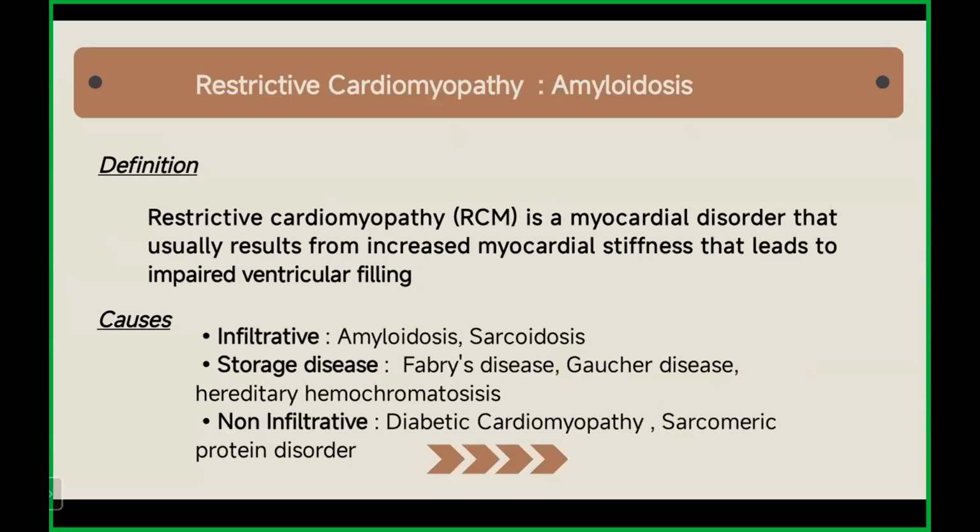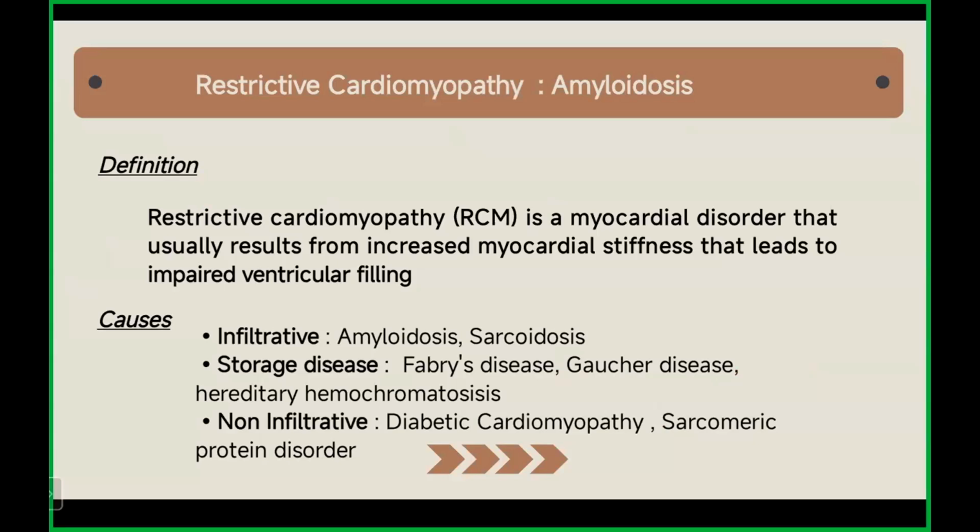So what is restrictive cardiomyopathy? It is a myocardial disorder that usually results from increased myocardial stiffness that leads to impaired ventricular filling. We have a lot of causes, and I was able to gather 3 main causes. Infiltrative causes like amyloidosis, sarcoidosis, storage diseases like Fabry's disease, Gaucher disease, hereditary hemochromatosis, or non-infiltrative causes like diabetic cardiomyopathy,